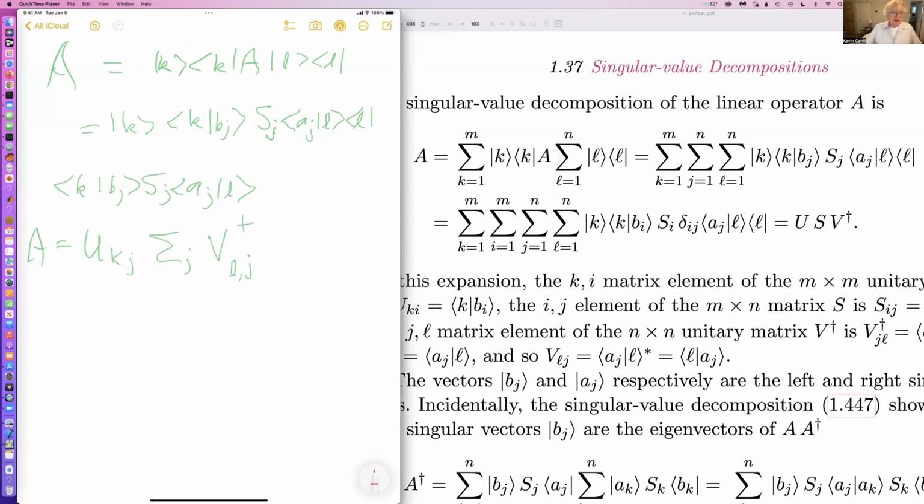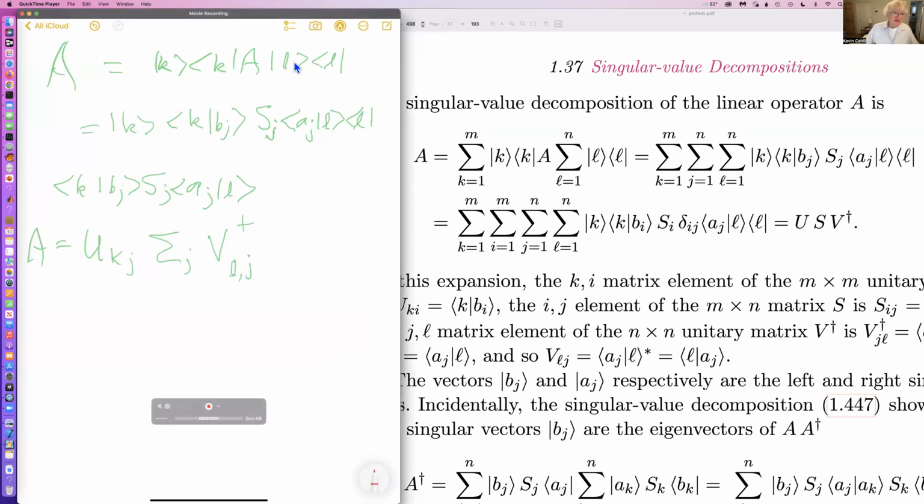The idea basically is that you choose a basis in the domain space and a basis in the range space, and then the operator, and you choose the right basis, the basis such that the A_j's are the eigenvectors of the operator, and the B_j's are the images of the A_j's under the action of A,